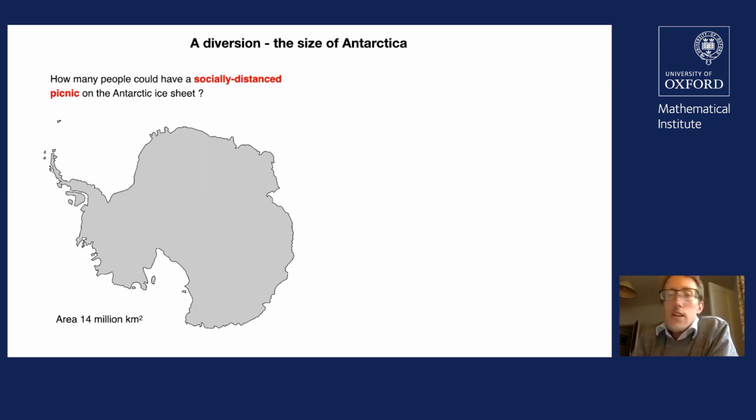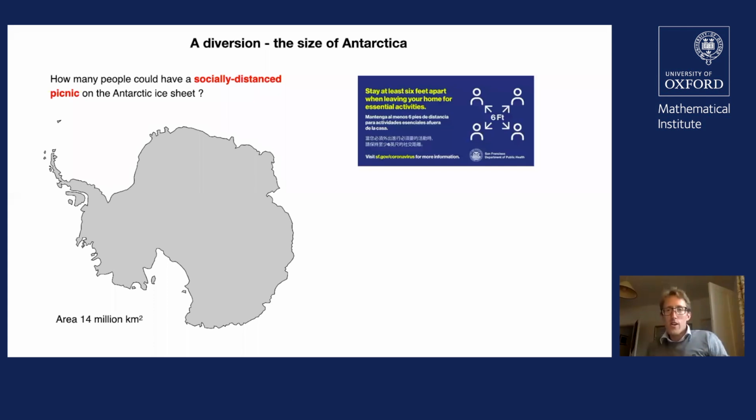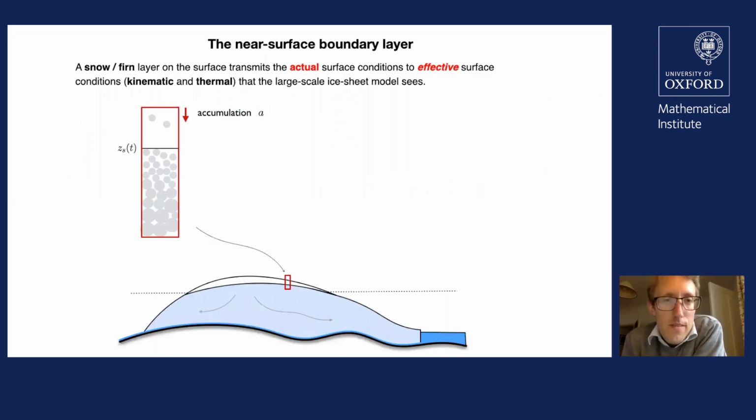So in the UK, at least, we need to be 2 meters apart. So we assume that that's the case. Although in America, it would be 6 feet. And I was quite amused by a friend of mine in San Francisco sent me this picture. There are no prizes for telling me what's geometrically wrong with that diagram. But if you're not interested in the rest of what I say, you can work out how many people we could fit in Antarctica. So now I'm going to tell you about